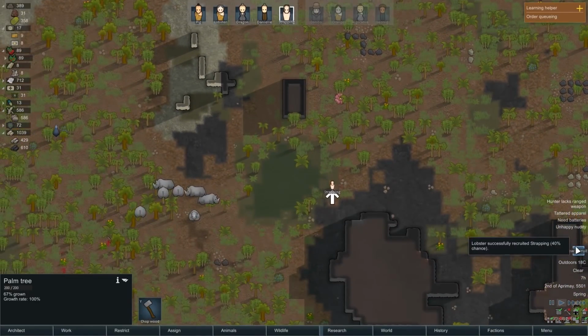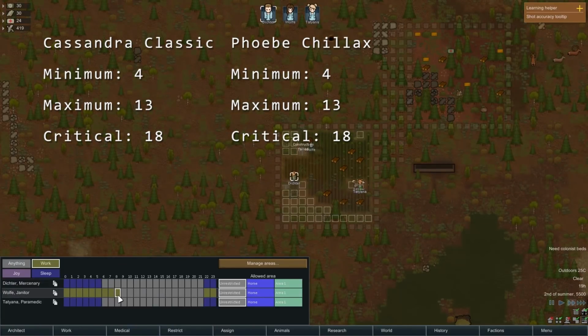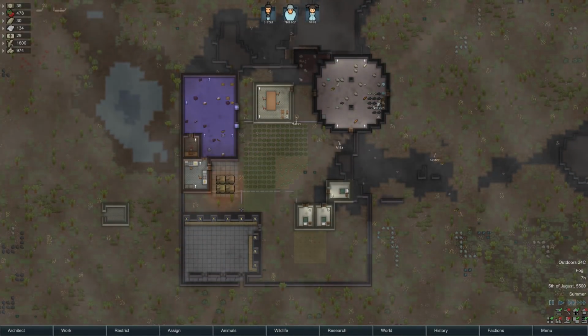Phoebe Chillax and Cassandra Classic both have the same guidelines when it comes to colonist numbers. Each want you to have a minimum of 4 colonists, a maximum of 13, and with your colony reaching critical mass at size 18. The storyteller will try to rapidly get you to the minimum number of colonists by sending events that will simply and easily provide you with recruitable characters as long as you are below their minimum desired